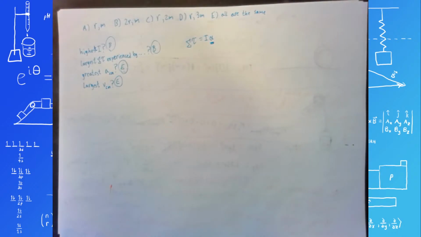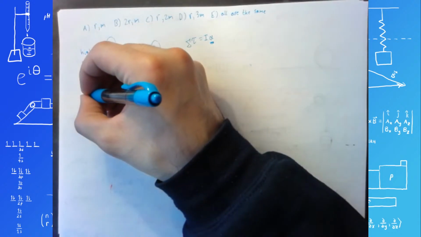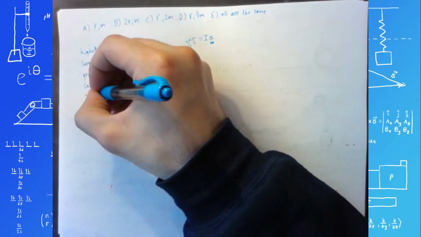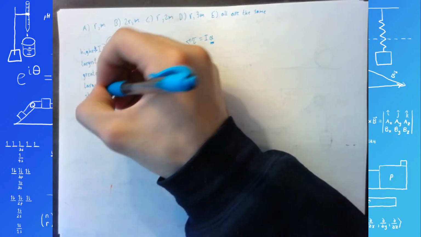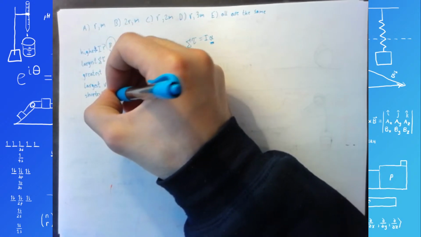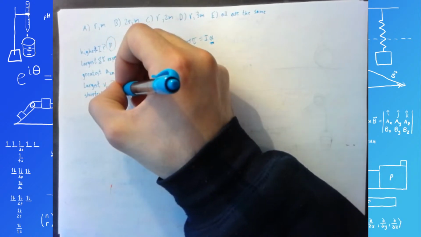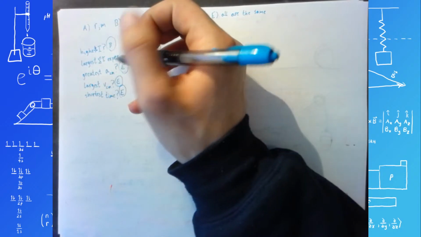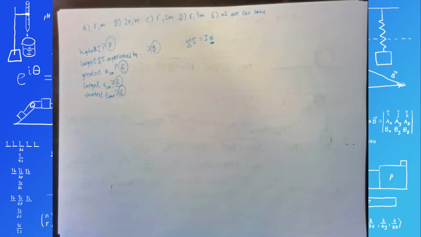And then the fifth question, if allowed to roll down the incline, which object will reach the bottom of the incline in the shortest time? Which one will reach the bottom in the shortest time? And the answer is yet again E. All of them are going to be the same, because